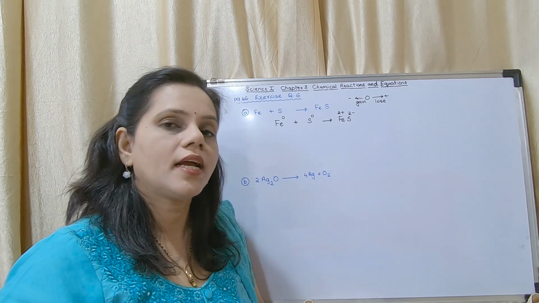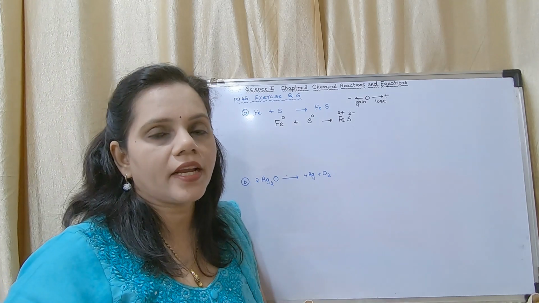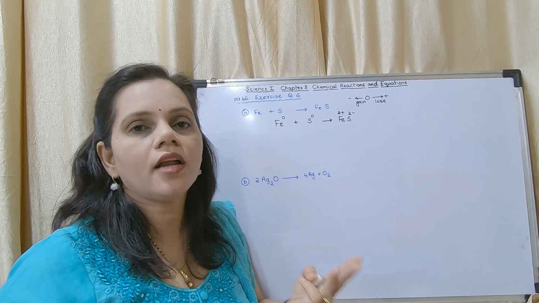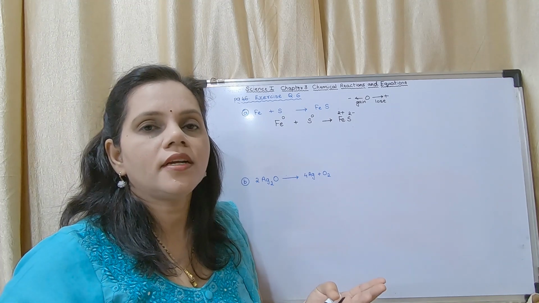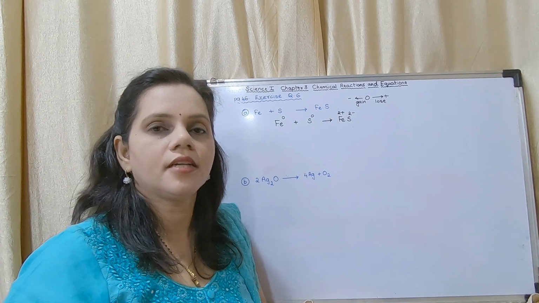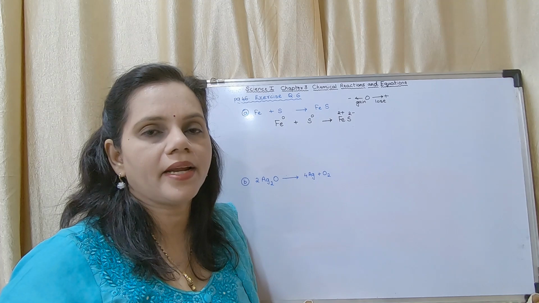Now how will I come to know whether it is a metal or a non-metal? Based on the number of electrons in its outermost shell. If there are 1, 2 or 3, they are metals. 4, it is generally a metalloid. 5, 6 or 7, it is a non-metal. I repeat, 1, 2 or 3, they are metals.